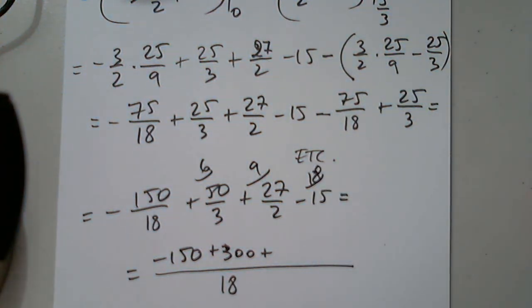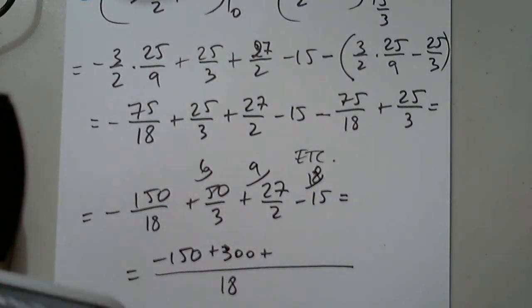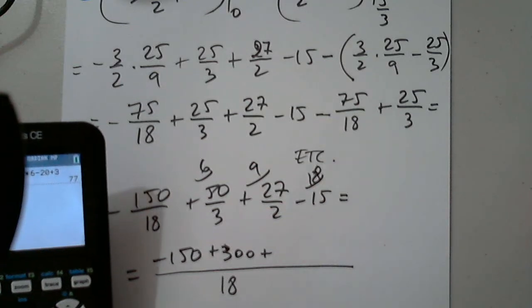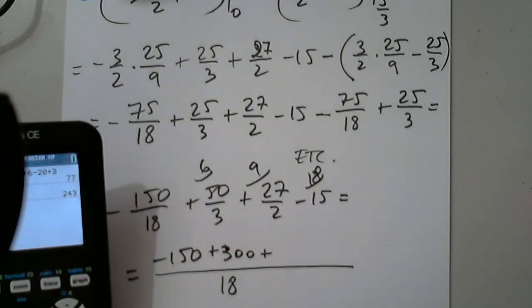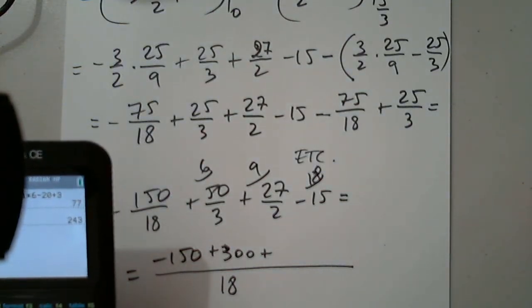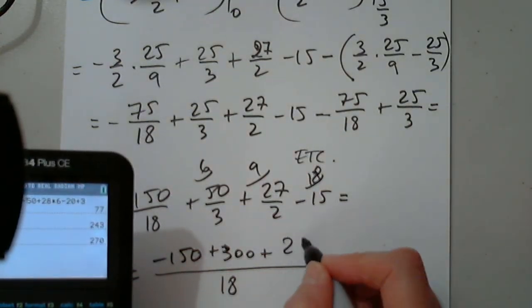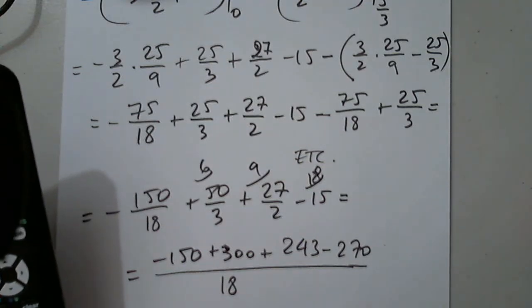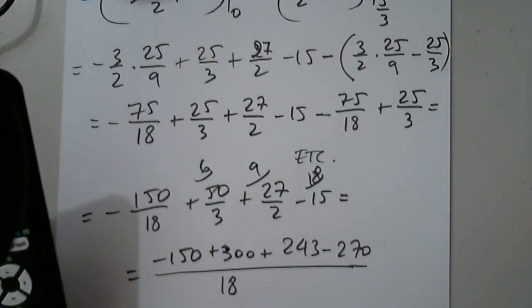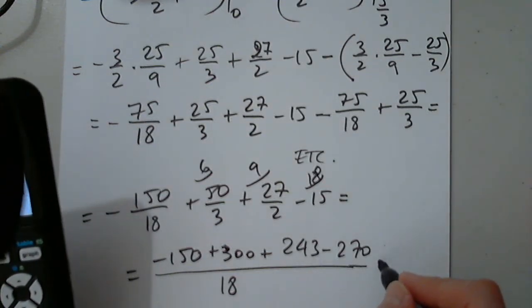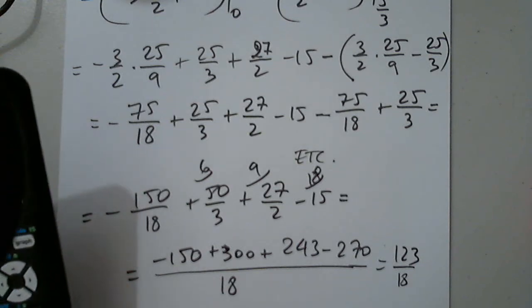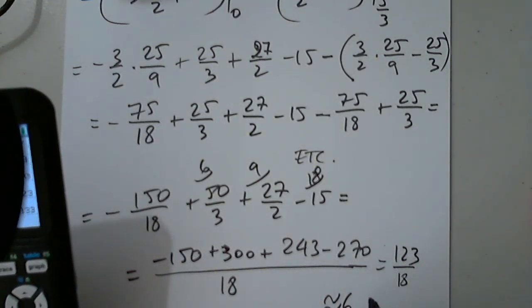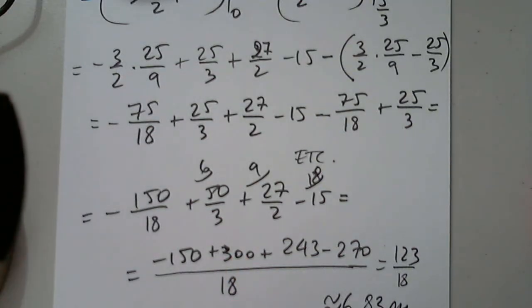Okay, so where's my calculator? So 9 times 27, okay, and 18 times 15. So this is 243 minus 270. And then negative 150 plus 300, I should have written 150, plus 243, minus 270. So I got 123 over 18, and when I divide, I get roughly 6.83 meters. Okay, now be careful if you want to check with the graphing calculator, be careful how you